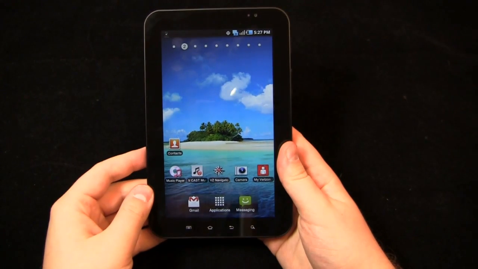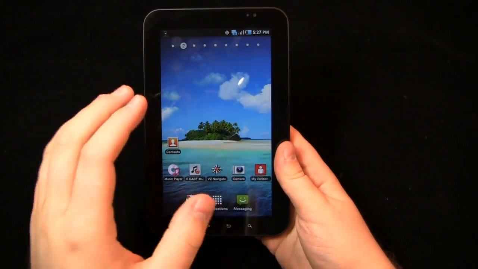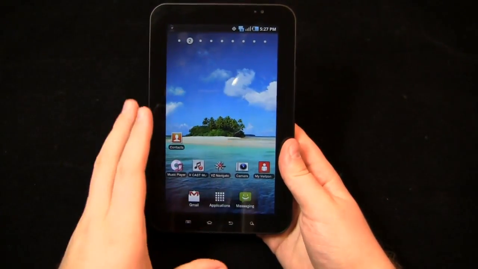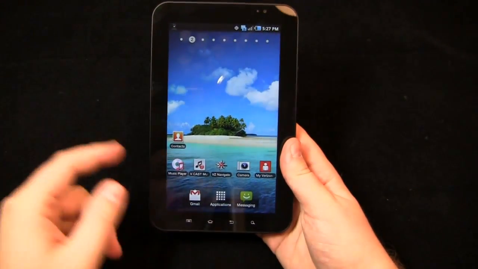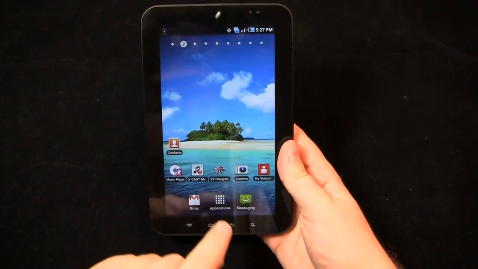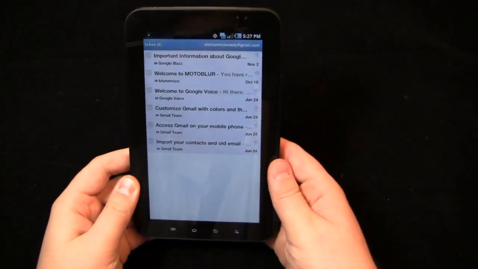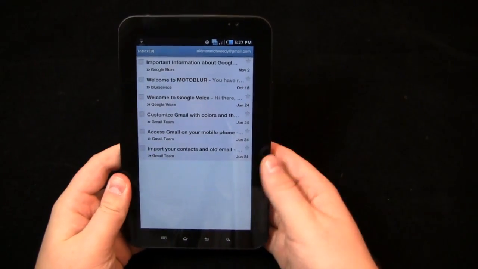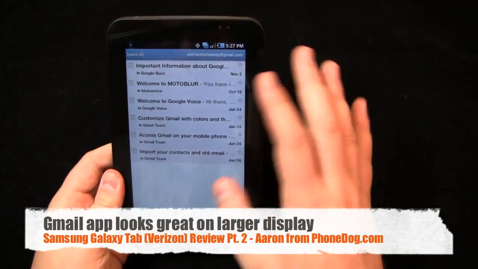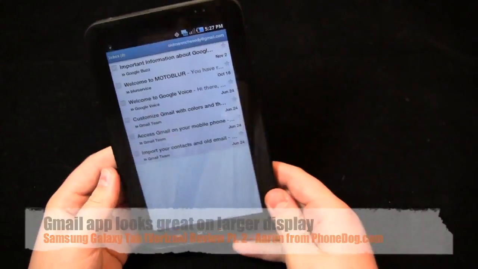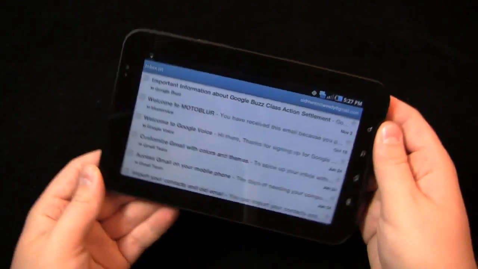So on the topic of messaging, the Gmail interface in Froyo, or Android 2.2, is a little bit different from Android 2.1 and past versions of Android. So let's take a look at the Gmail app, for example. I have one of my email accounts configured in here, and you can see, it looks great on the 7-inch display. It really optimizes, makes it look the way it should look, and you can use it in portrait and landscape mode